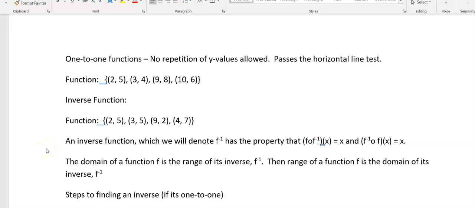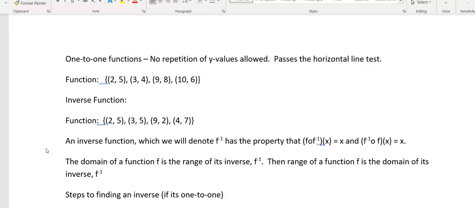Okay, so we are going to look at inverse functions. Before we can look at inverse functions, though, we need a definition of a one-to-one function. And I believe we got it once before, but we'll get it again. In a one-to-one function, there is no repetition of y values. Now remember, a function cannot have a repetition of x values, but a one-to-one function can't have a repetition of